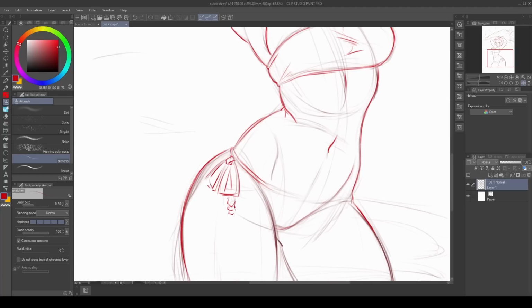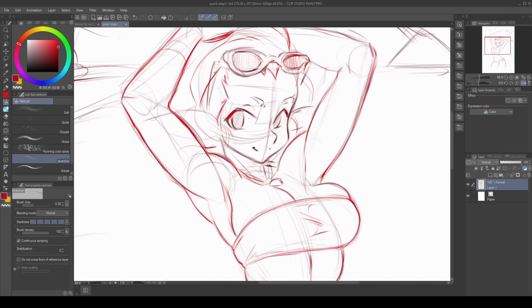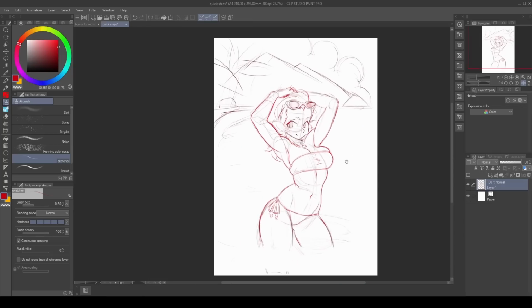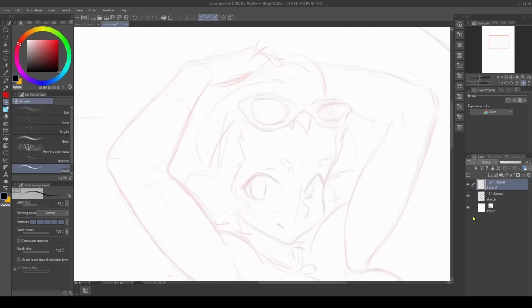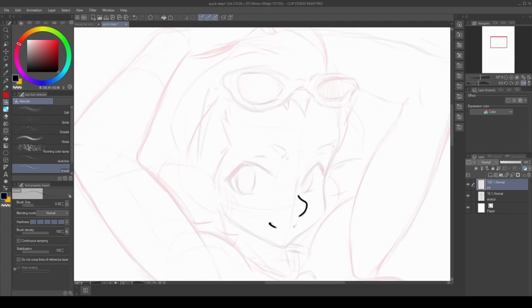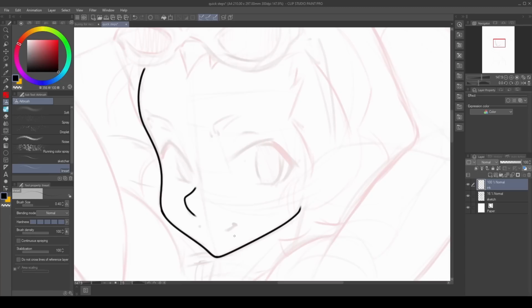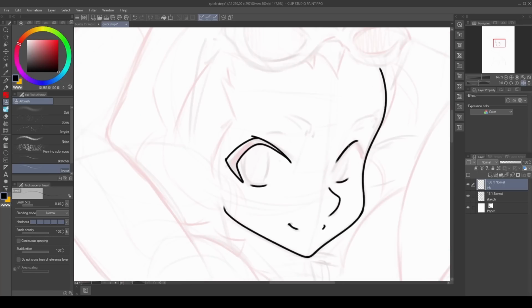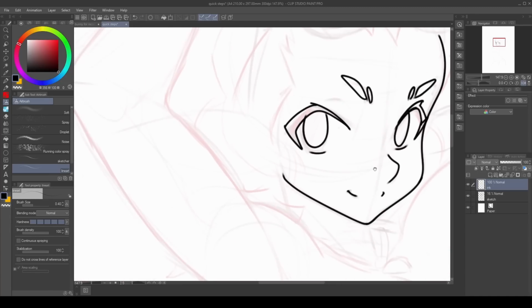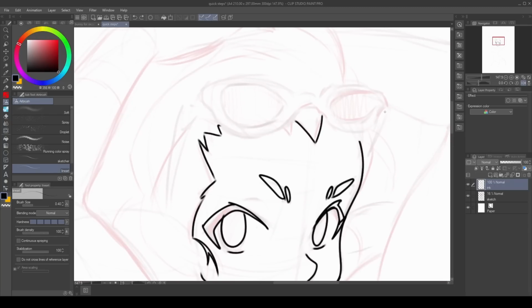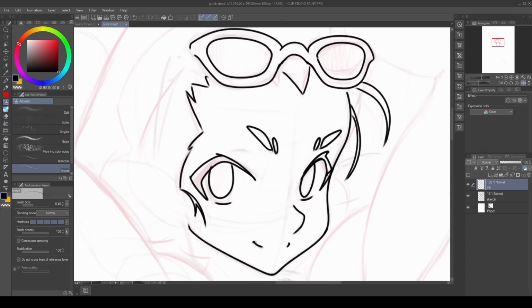You can see there's a bit of a big separation between the rib cage and the pelvis, which is something I'll come back and fix later. So for now, starting on the ink, that line art was a little bit thick, so going for a thinner one. And then, again with my line art, I have just a standard hard brown brush with max smoothing, and then I do a second pass, going over it with the same brush, but with no smoothing